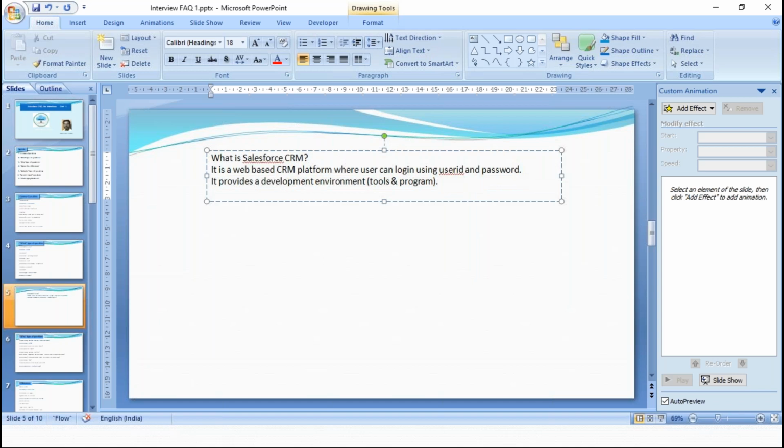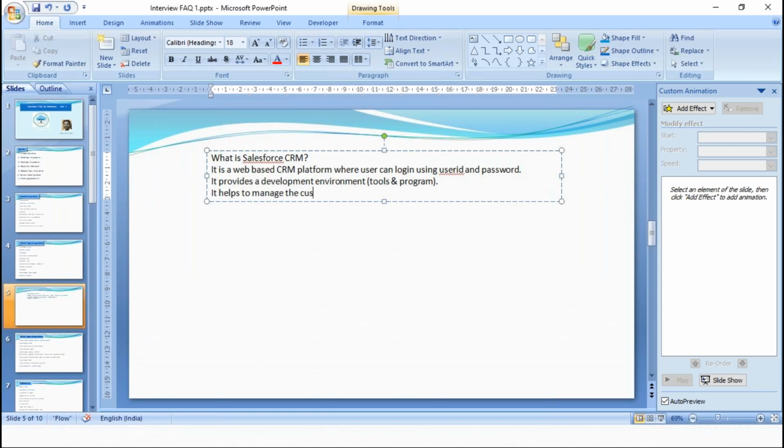To implement workflows and processes, you need not write any program, right? And you can also develop interfaces using Visualforce or Lightning, and you can write the business logic using Apex and implement triggers. So it's a development environment in two ways, tool based and program based.